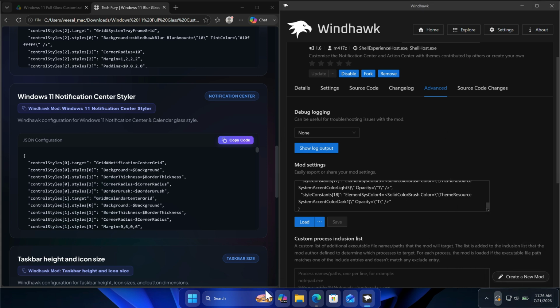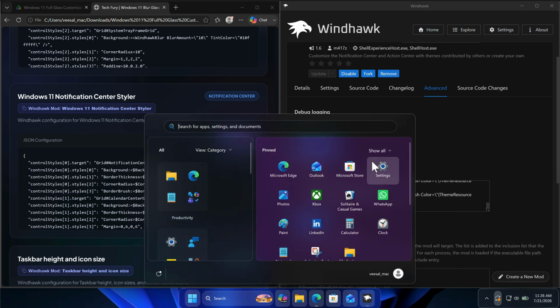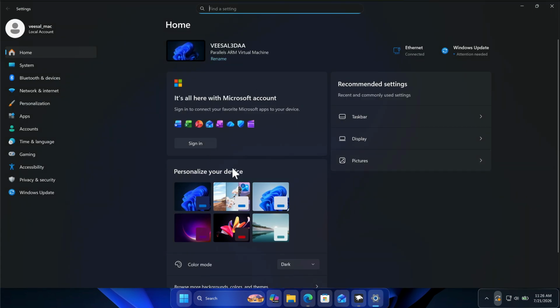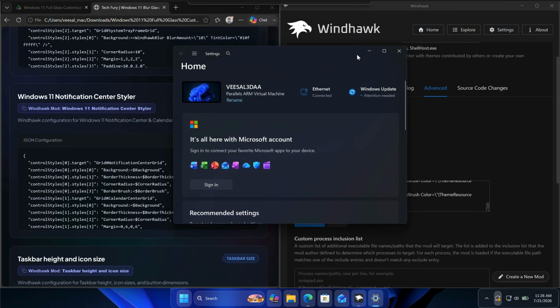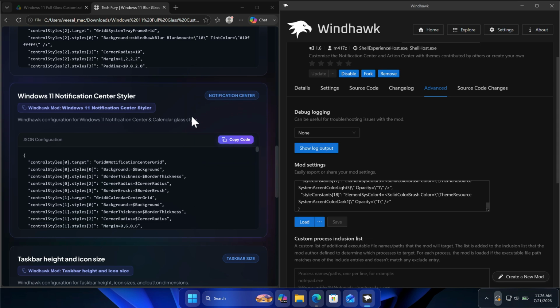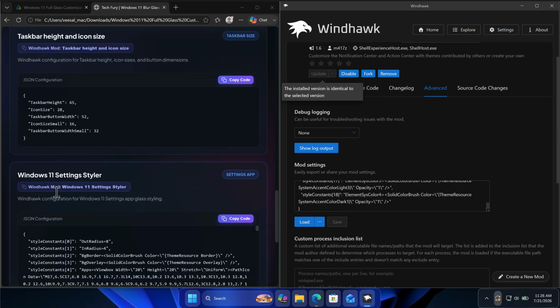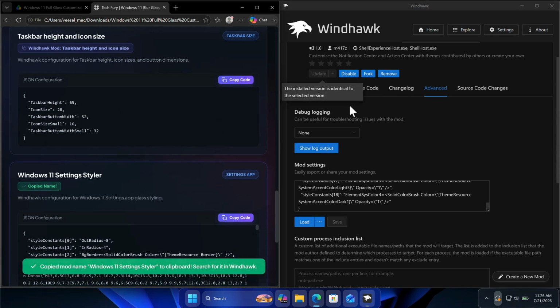If you open the Settings app right now, you'll notice it still doesn't match the glass theme. Don't worry, we're going to fix that too. Go back to the theme page and find the Windows 11 Settings Styler mod. Copy the mod name, install it through Windhawk,